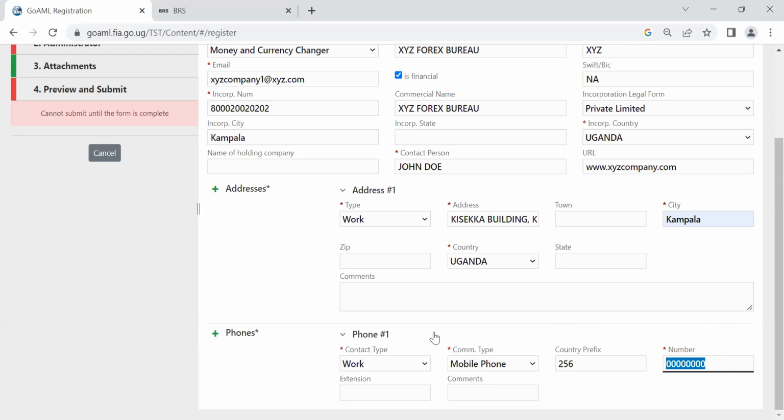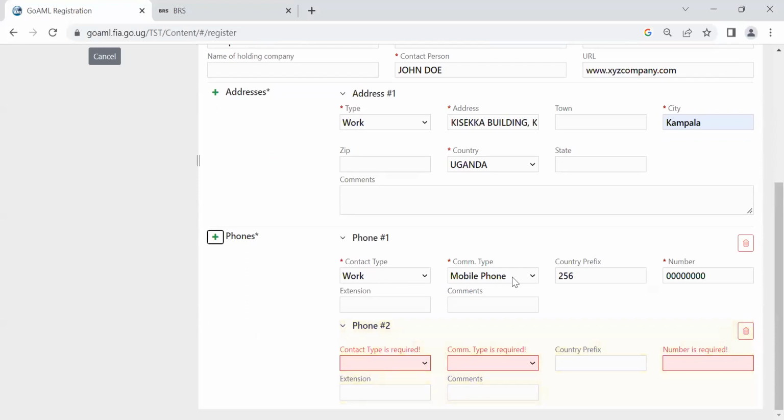Ivan, the contact number, is it supposed to be for the contact person or the office number? This is for the office. Now we're looking at the institution. As an institution, what is the contact? You can click this plus if maybe you have a mobile and a landline, and instead of mobile, this time you choose landline. Please don't copy the numbers I'm using. Put your actual numbers, I'm sure you know them. You don't have to have two. If you have one, just put one, either landline or mobile phone. I've just done this for example purposes.